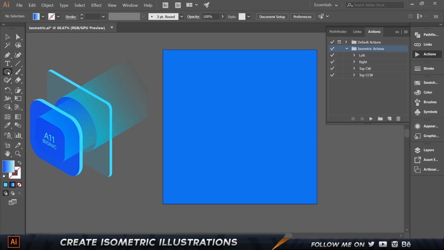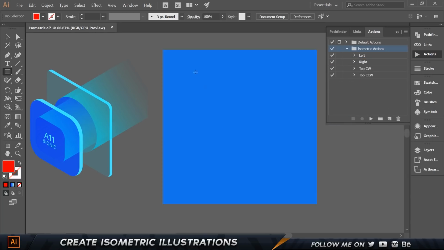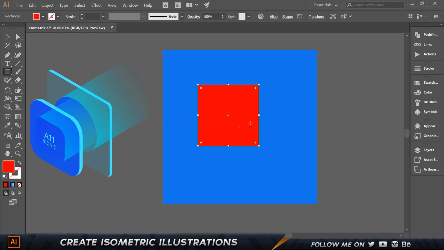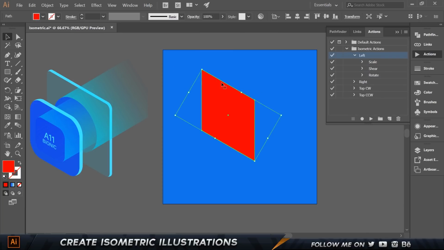For example, if I grab a rectangle and put this to a red color, we want to select our new layer. So let's create a new layer on top. You see this is what we have. Now if I come into my actions and go to left and click on this button which says play, you see it's going to create an isometric